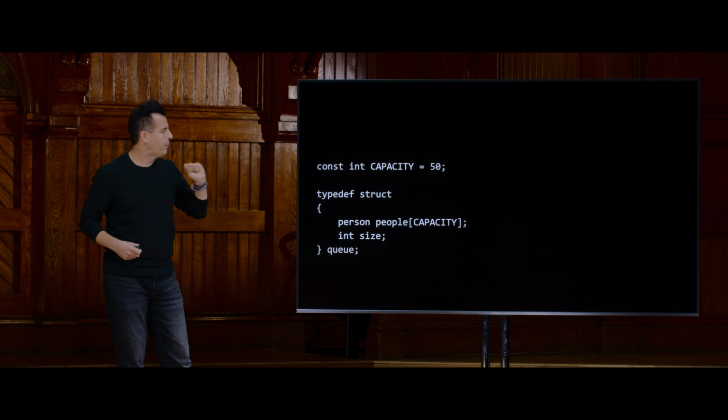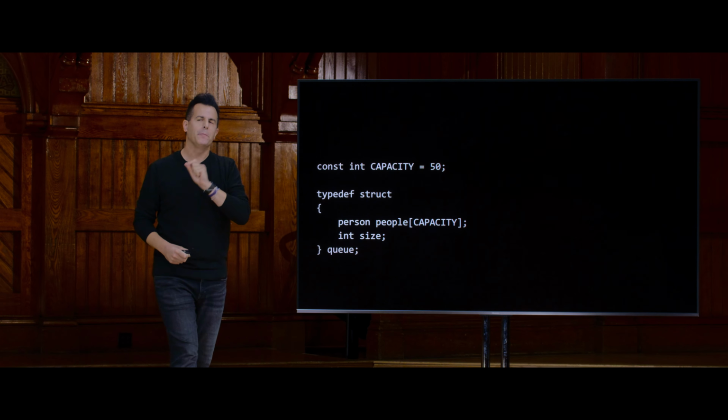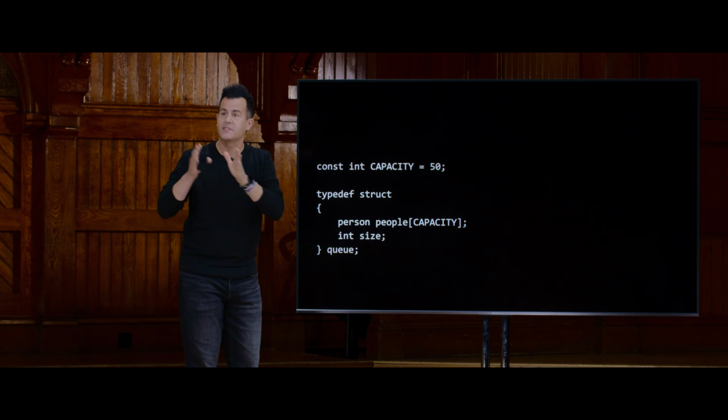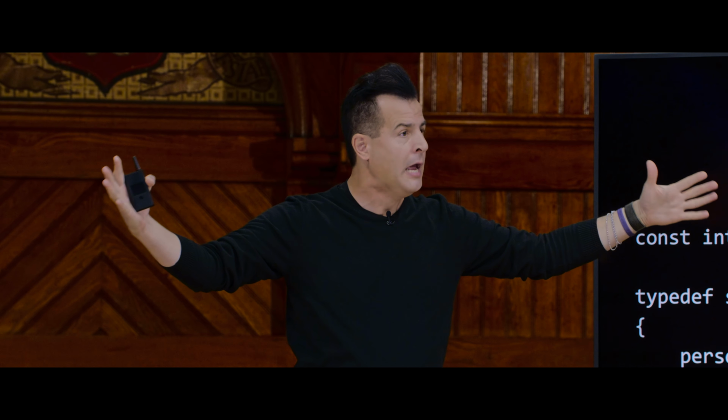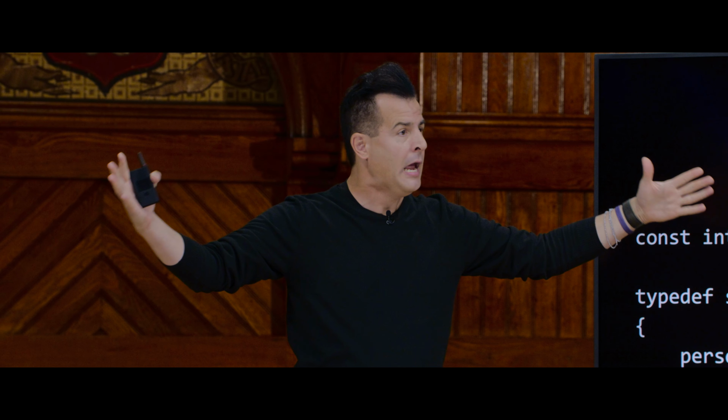And then we're going to propose that we also keep track in this implementation of a queue of the current size of the queue. So we're going to make a distinction between the capacity, like how many total people can be there, and the size, like actually how many people are in line at that moment in time, so that you know which of the spots in the array are effectively relatively empty. And we're going to call that whole structure a queue.